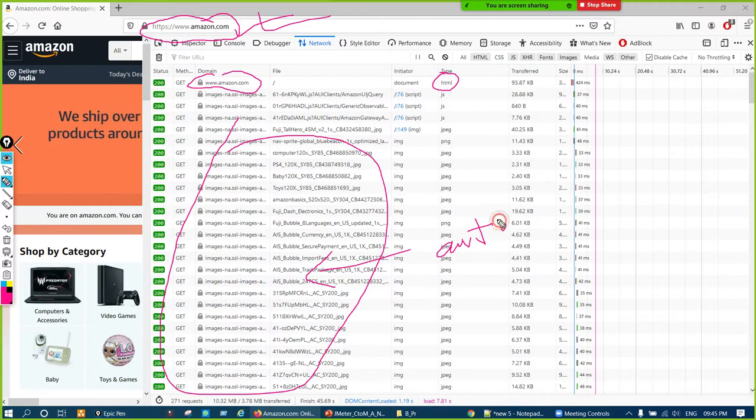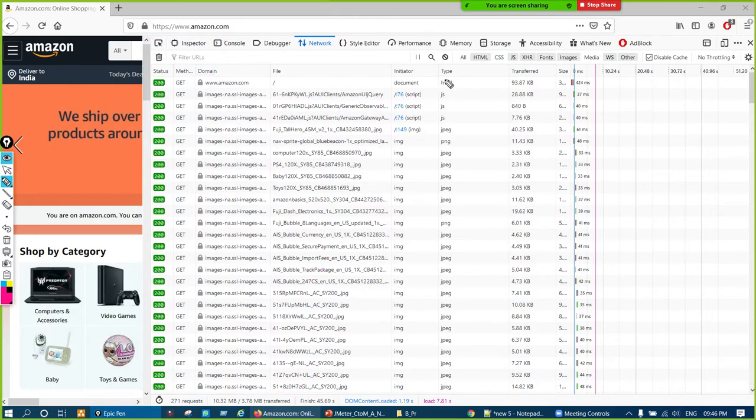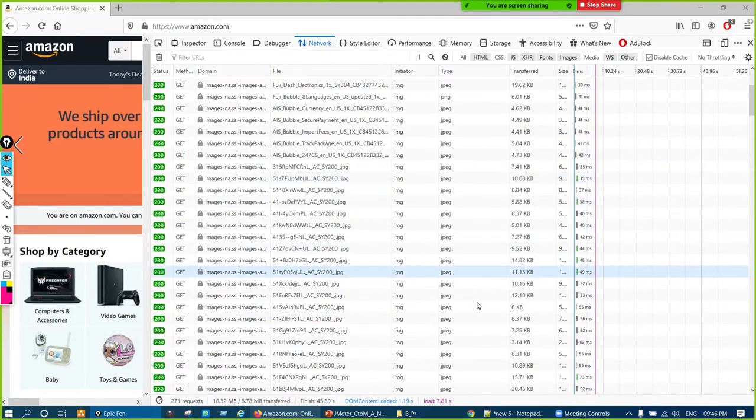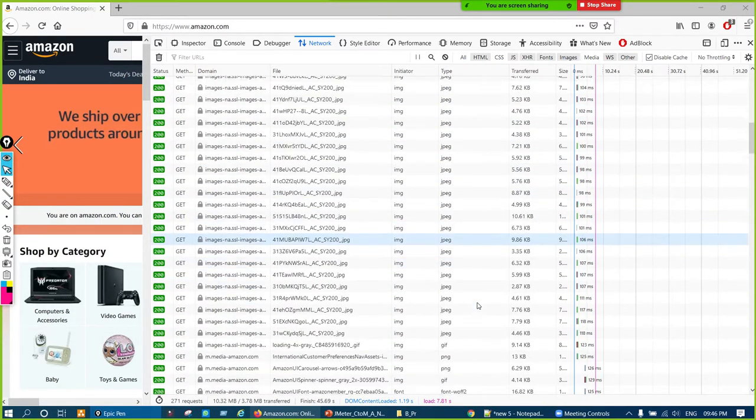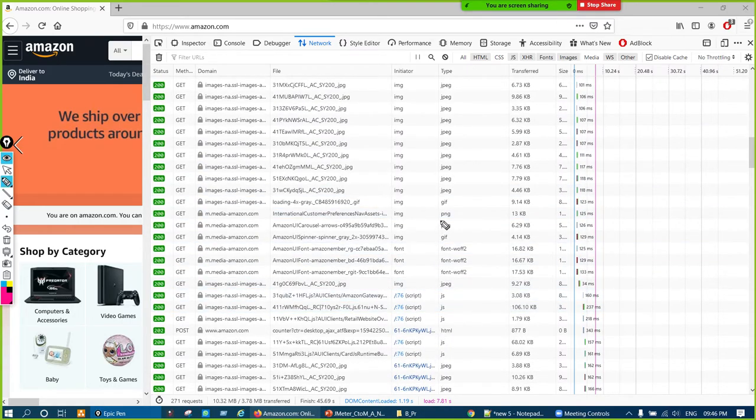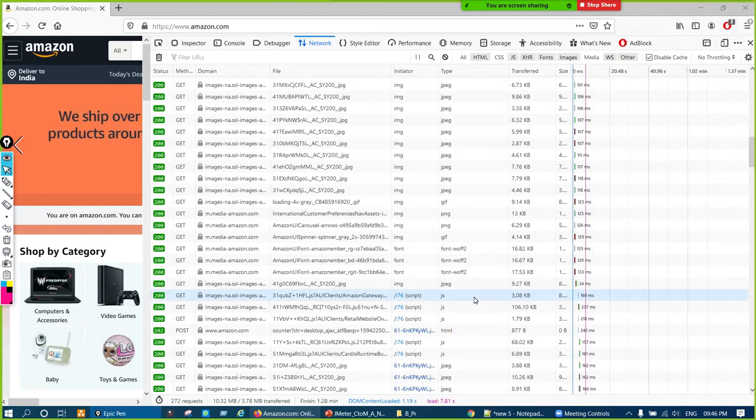So they are automatically called by the browser, and there are many in number. And if you see the type, this is a JS file, an image file, correct? Below, all are images only. Okay, here a PNG file, GIF, fonts are there, a JS file, again JavaScript, somewhere CSS will also be there.